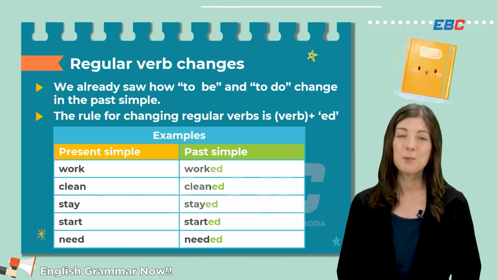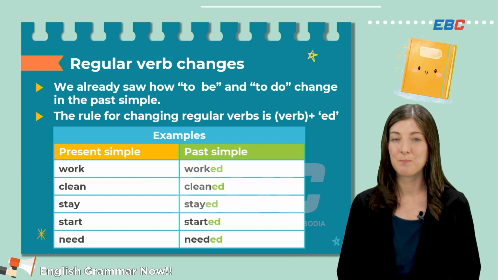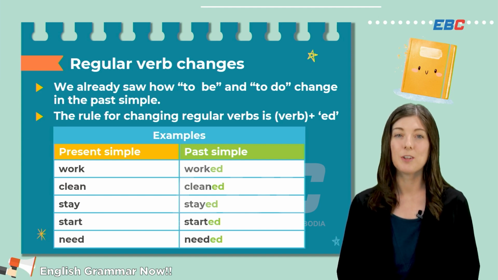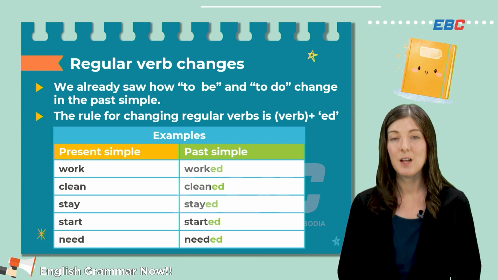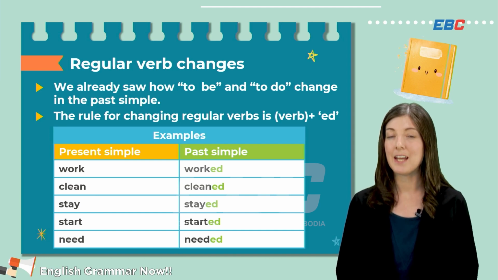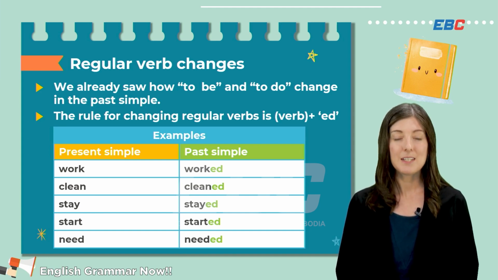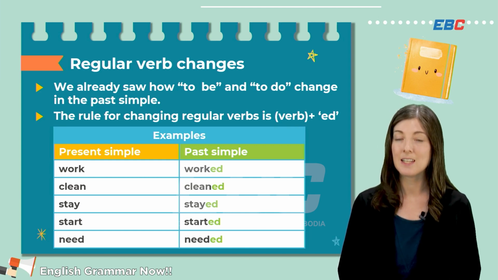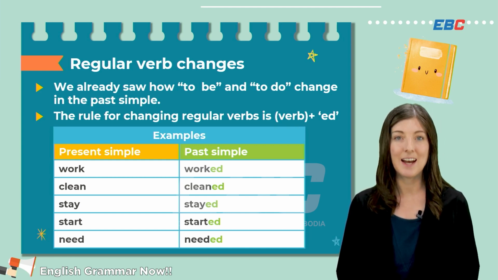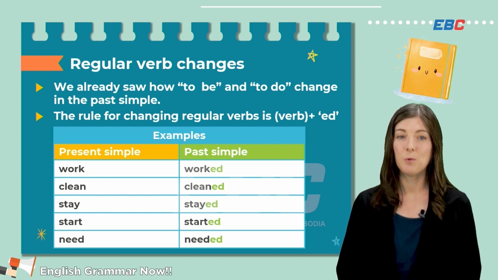There are two different kinds of verbs. The main kind is called a regular verb. This verb will follow a pattern or a rule when it changes into a different form. We've already looked at to be and to do. But the regular rule for changing a verb into the past tense is to add ed at the end of it. So, work